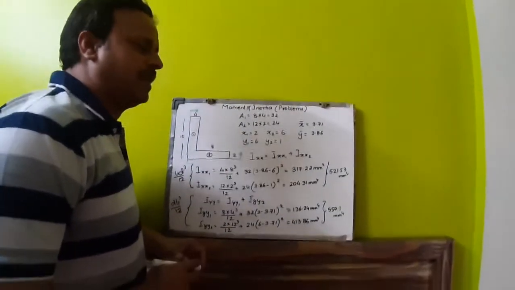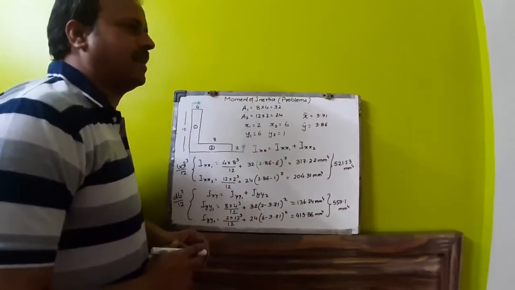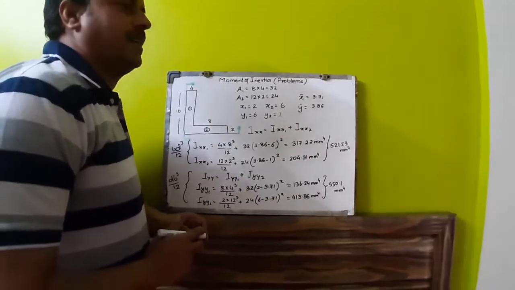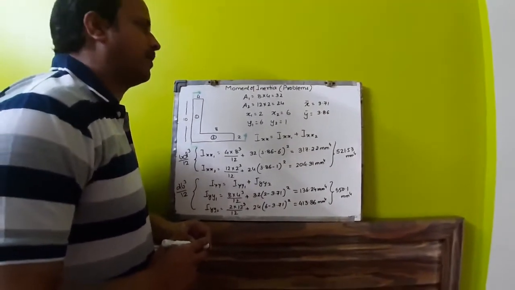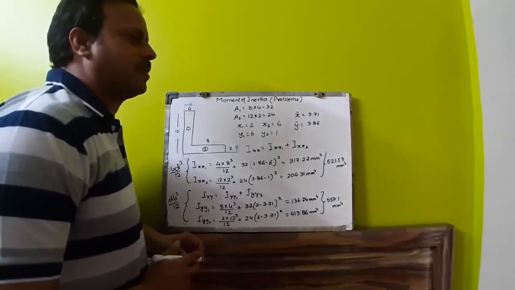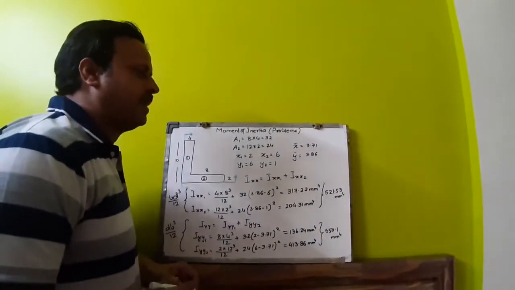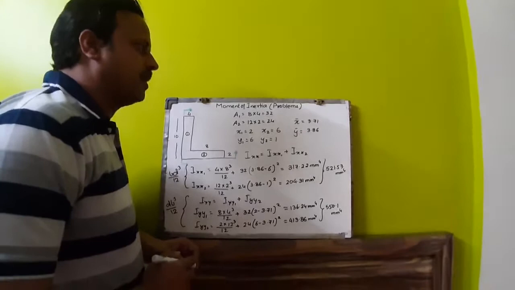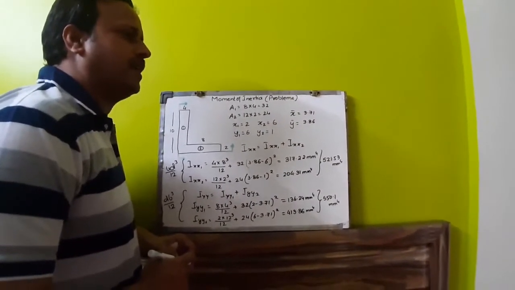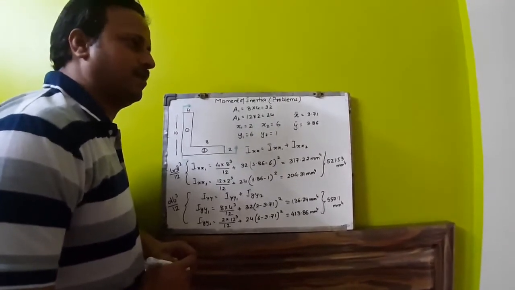How it will be less, we will be discussing in the 5th unit. But right now you can understand that you need a section which has the least cross sectional area and the greatest moment of inertia. Because if you have the least cross sectional area, the cost of the material, the weight or mass of the material will get reduced. And if you have more moment of inertia, you will be producing a lesser amount of stress for the same cross sectional area or the same component.